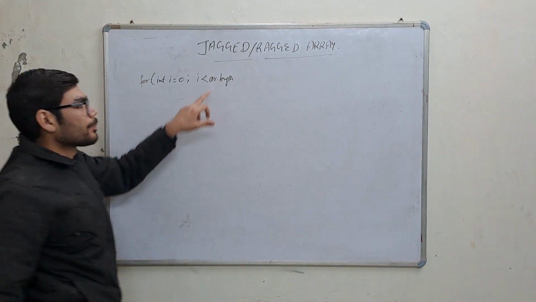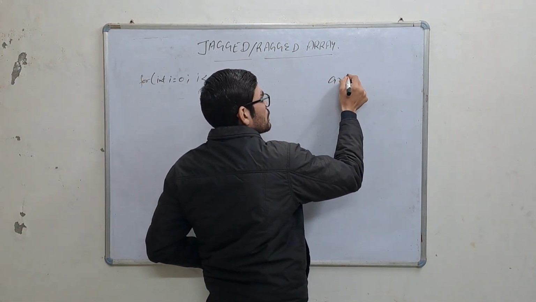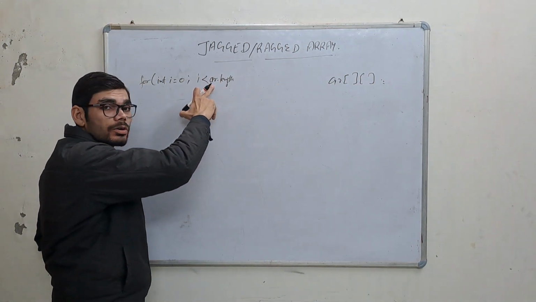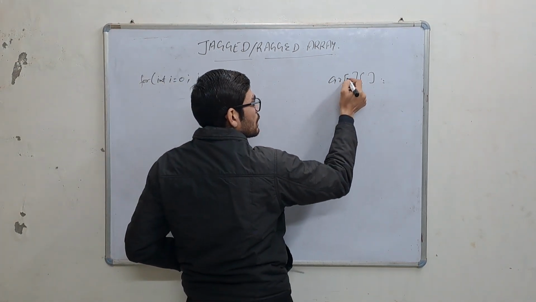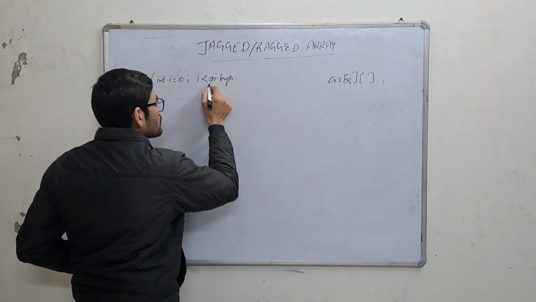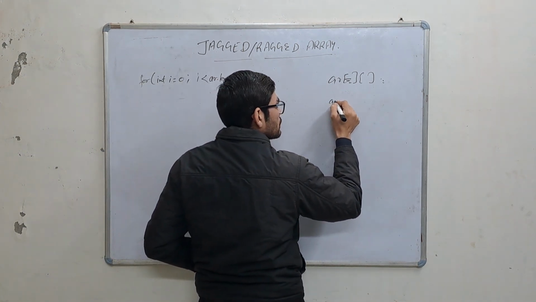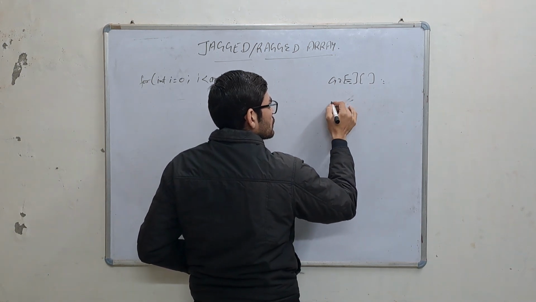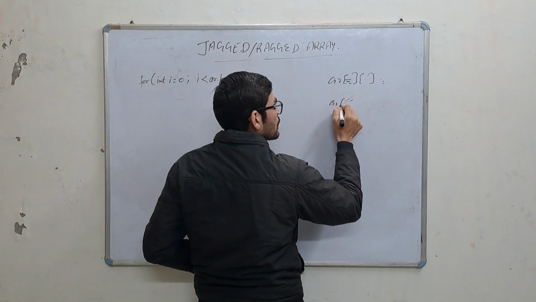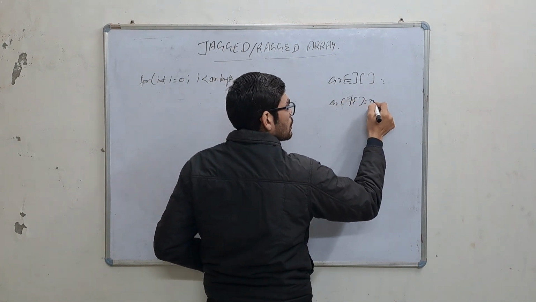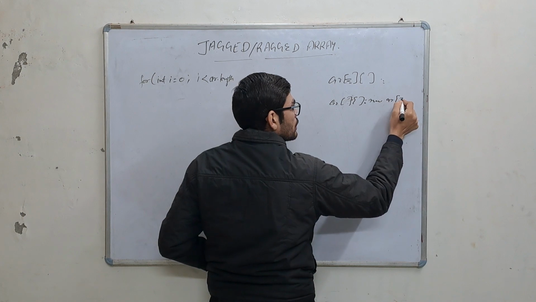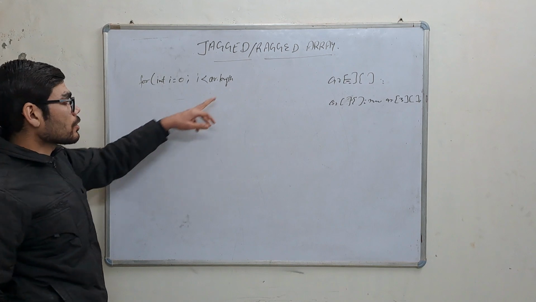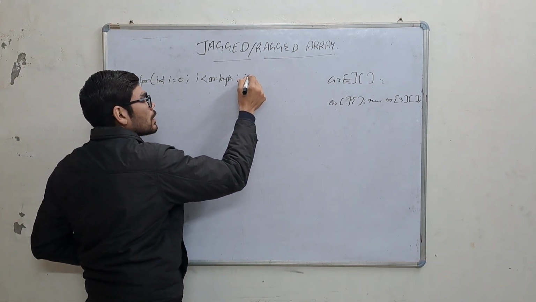When we write AR dot length, it will be taken as the number of rows. The number of rows we have already declared is 3. So AR dot length, i plus plus,